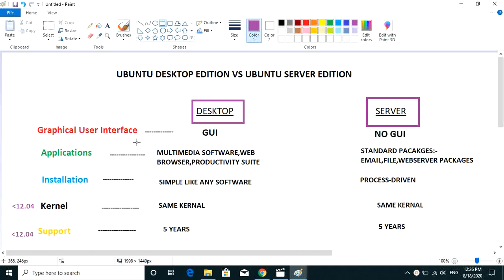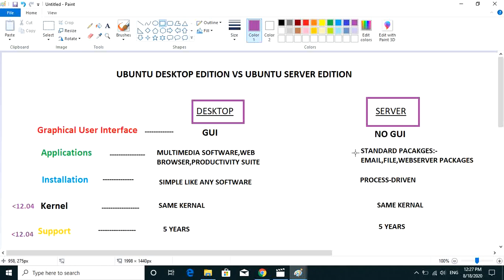If you take graphical user interface, Ubuntu Desktop is GUI enabled, but for Server Edition, we don't have a GUI. This is because most servers run headless. But what does that mean? Well, they operate without a traditional keyboard, mouse, monitor setup to interact with the machines. Instead, servers usually use remote management over SSH. While SSH is built into Unix-based operating systems, it's pretty simple to use SSH on Windows as well.